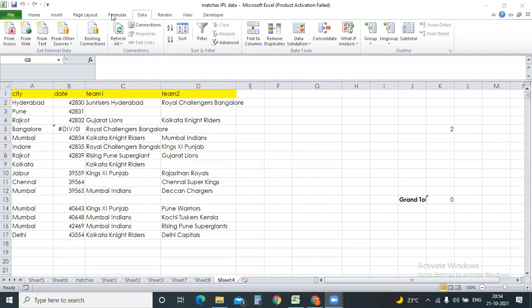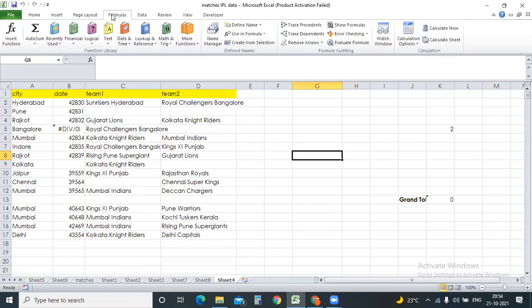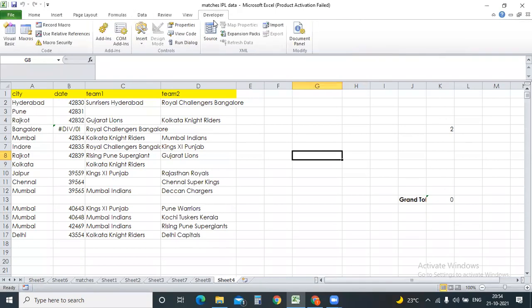Formulas, and developer. Yeah, if I finish these two, almost everything will be done.